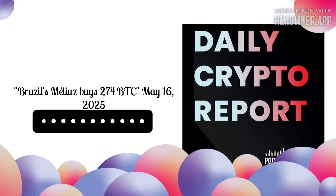Meanwhile, states like New Hampshire and Arizona are also getting involved, with New Hampshire allowing up to 5% of state assets to be invested in Bitcoin and gold, and Arizona creating a digital asset reserve through staking rewards and airdrops, while Brazilian fintech firm Méliuz has become the first publicly listed Bitcoin treasury company in the country after shareholders